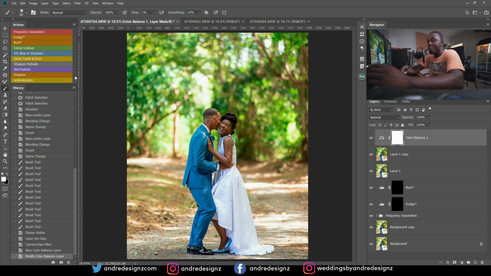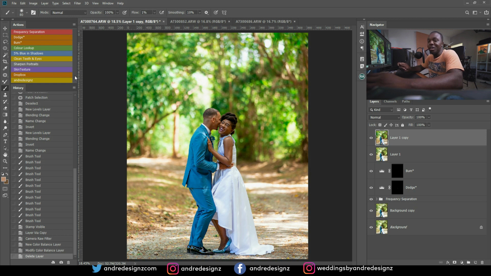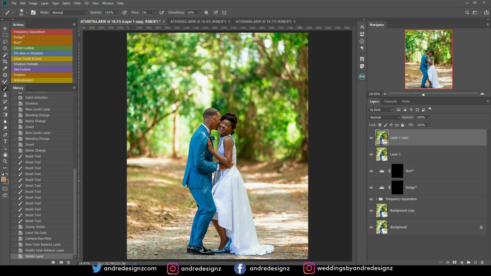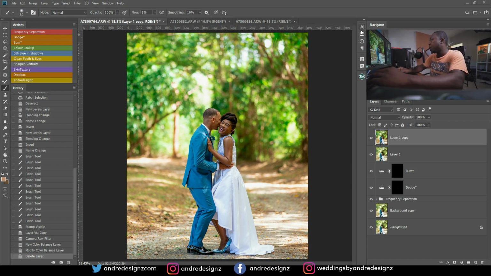Okay, it looks good, but I'm not going to apply the blue because I don't normally do that when I'm editing the photos in Lightroom. I don't add the blue to it, so in the shadows. Alright, so I'm basically done, so I'm going to save this for